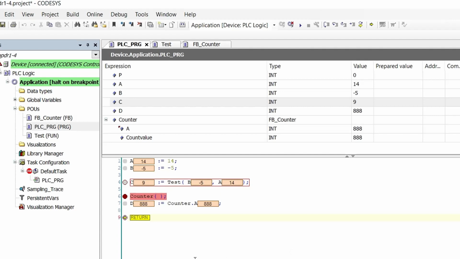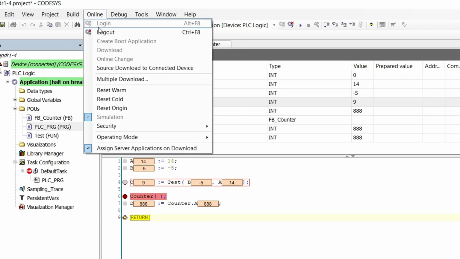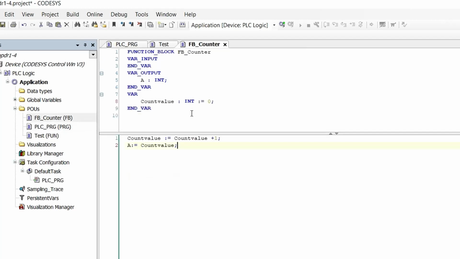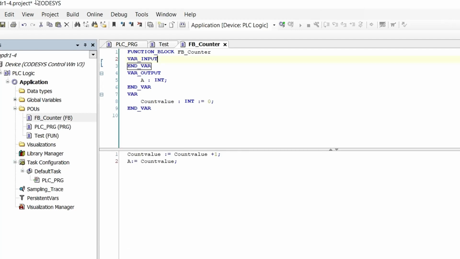Well, there are other possibilities to create this construction, but I think this is the easiest way. At least you know what you're doing. You're calling the function block, and then you get what you need from the function block itself. You can have multiple output variables. You can also have multiple input variables over here if you want to. Just play with it, but this is more or less basic usage of Codesys,